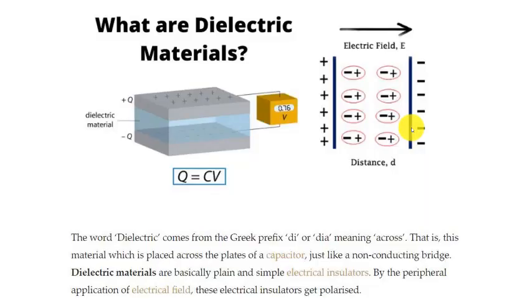Picture, you see there are two plates. This is plate number 1 and this is plate number 2, and the gap between them is the dielectric material. The dielectric between the plates is acting like an electrical insulator, and the plates are connected to a voltage source. When an electric force comes from the supply, the plates get polarized but the charge does not pass through this dielectric because it is an insulator.